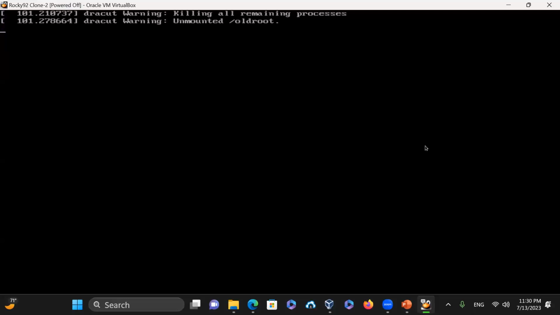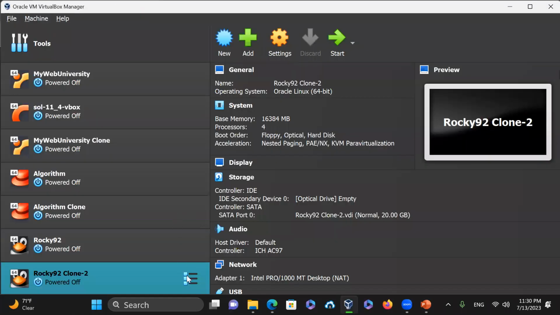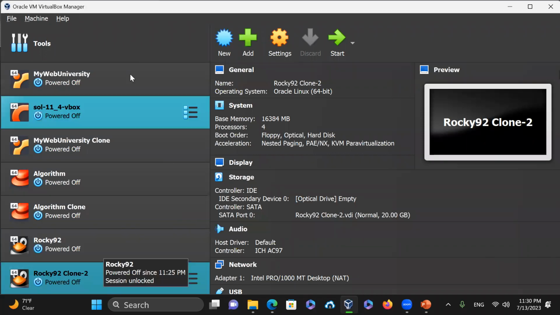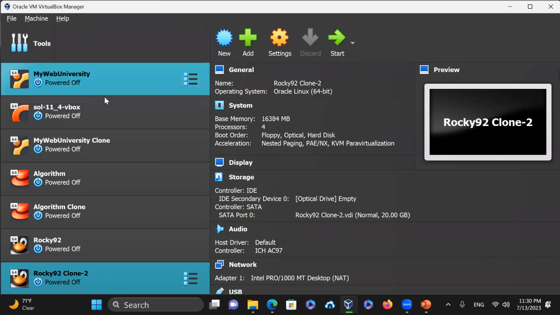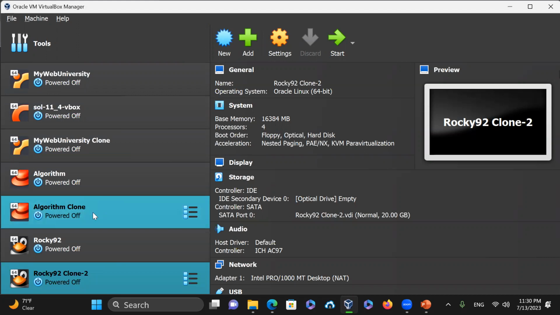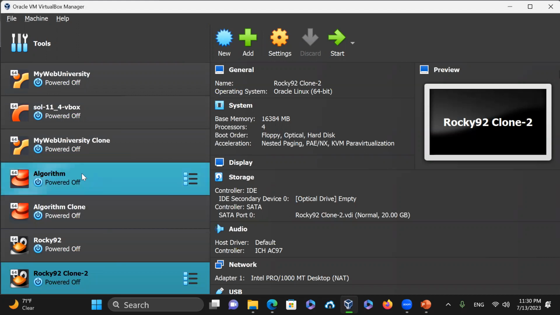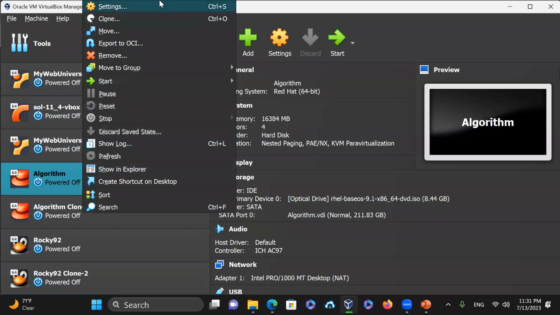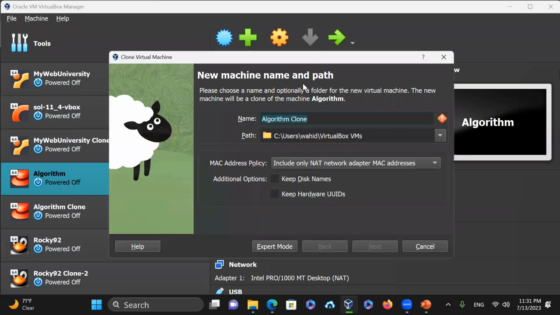Once the machine is powered off, which is very fast, now this is already made. And so let's create a clone of the next one, which is algorithm. I'm going to just do algorithm clone. We already have a clone of this one, so I'm going to just create a new name on it. So I say clone, and then again, you can bring the Red Hat machine and do the same thing,